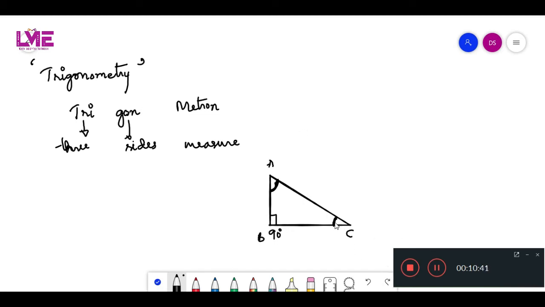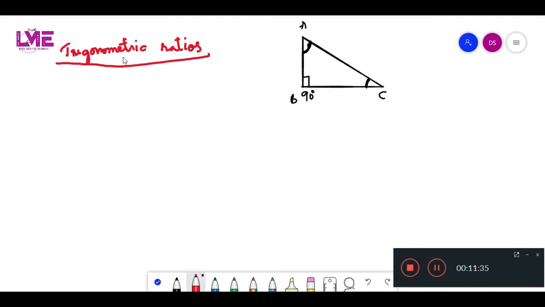So when I say acute angle, it is basically an angle which is less than 90 degrees, or greater than 0 degrees. But here we'll be discussing trigonometric ratios for angles which are acute, and also the angles 0 degrees and 90 degrees. So let us see what the different trigonometric ratios are. This is a very basic and important topic of trigonometry. Before learning all the advanced topics of trigonometry, we need to know what trigonometric ratios are.